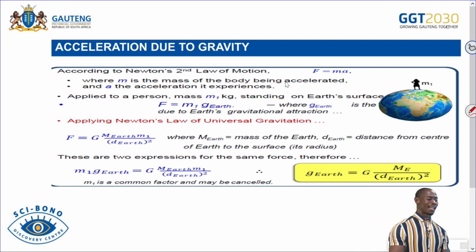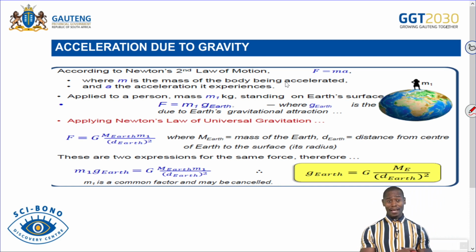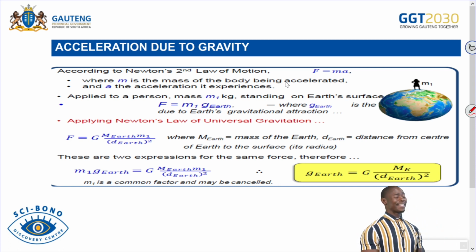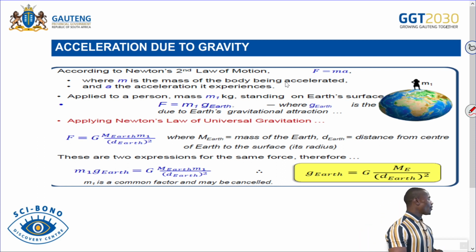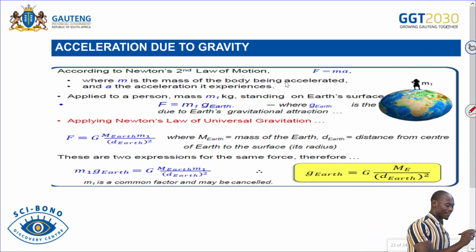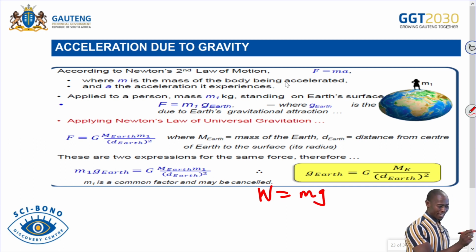Acceleration due to gravity on planet Earth, we know, is g equals 9.8 meters per second squared. But we can prove that, okay? We can calculate that, although it is a constant. Learners, how can we calculate acceleration due to gravity? We can use the equation weight equals mg, right? This g is acceleration due to gravity. This is the mass of an object, and then this is going to be